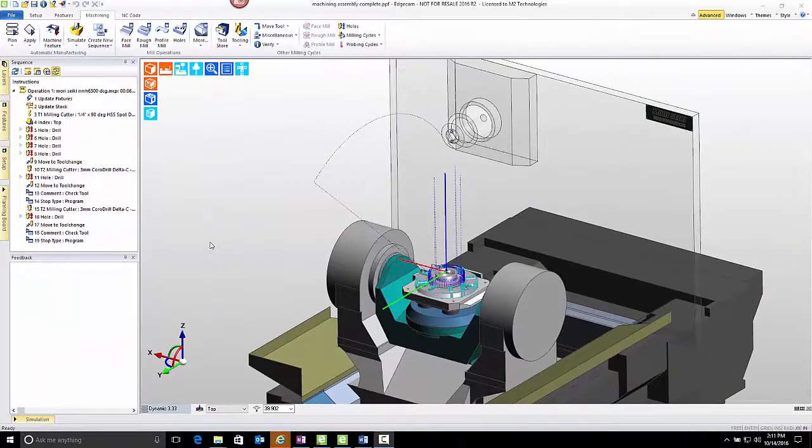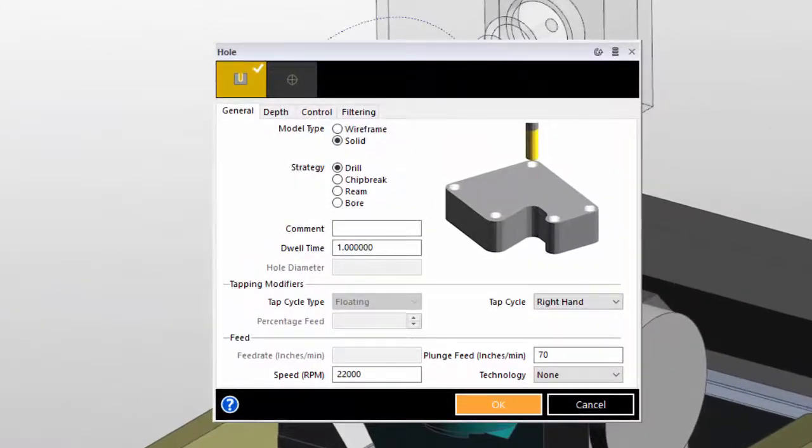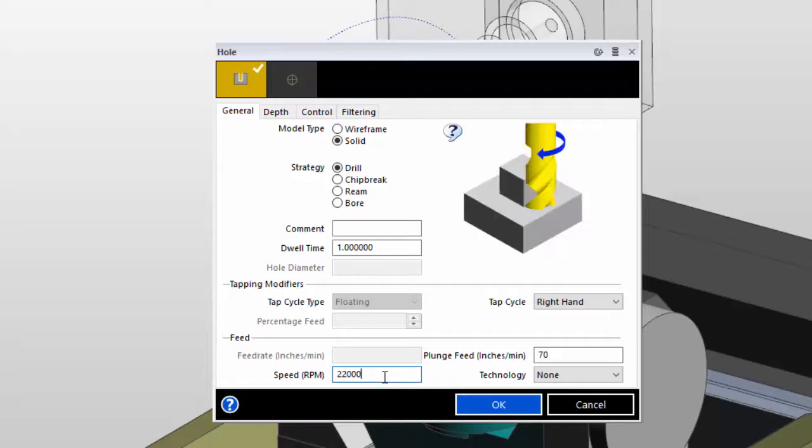The part for this training exercise has tool path created. Let's open up one of the drill cycles. Notice that the spindle speed is 22,000 RPM and the feed is 70 inches per minute. The machining center that we're going to use for this application only has a 10,000 RPM spindle. And so the problem that we have here is the user has input a spindle RPM that exceeds the machine's